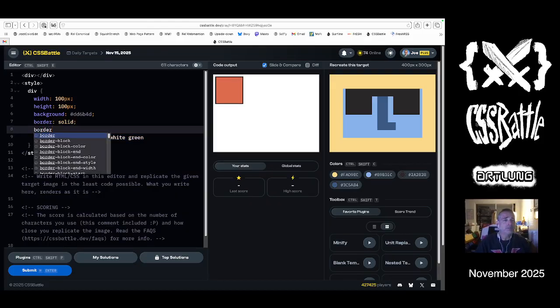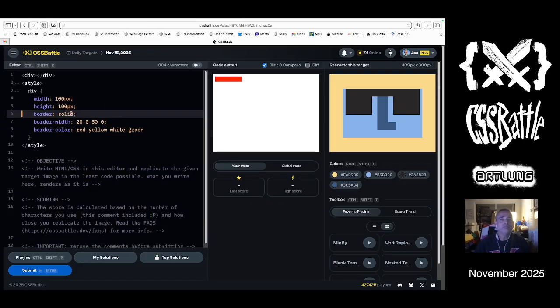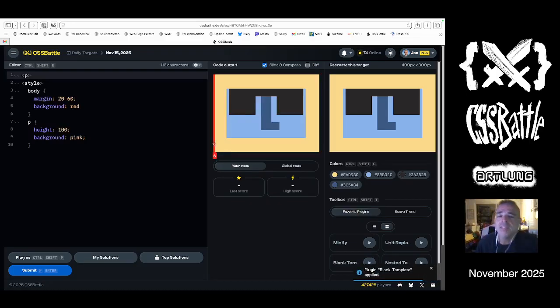border width and then do 20 0 or something, right? 20 0 20 50 0. Oh, and I guess you need to have a background that makes a little more sense. Yeah, okay. That's enough hemming and hawing. Let's just make an element and see what we can